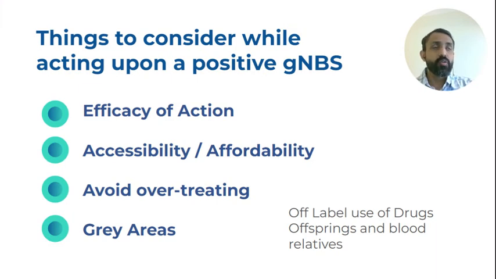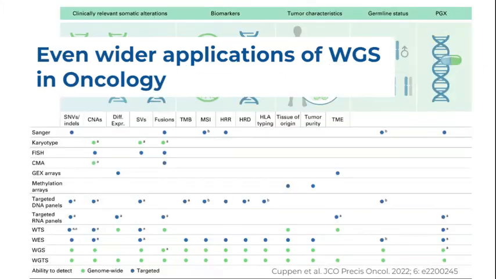And then the portability of the genetic variations to additional family members, not just the parents, but also offsprings and additional blood relatives in the extended community and the extended family. But of course, you need to keep in mind all of these. And beyond this, of course, there is a wider application of whole genome sequencing, not just in the diagnosis, not